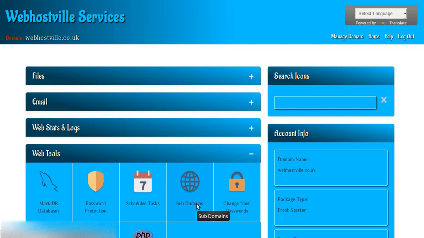Subdomains allow you to have a new web address for separate areas of your website. With a subdomain, you can host multiple and related websites under the same domain name and your hosting package without having to make a new or different purchase. For instance, if your domain name is webhostville.co.uk and you want to create a separate area for a different or related website, let's say it is a membership area for your main site, then your subdomain will be something like